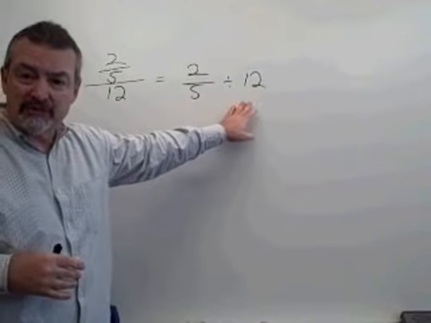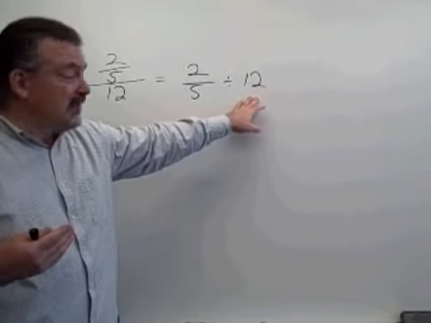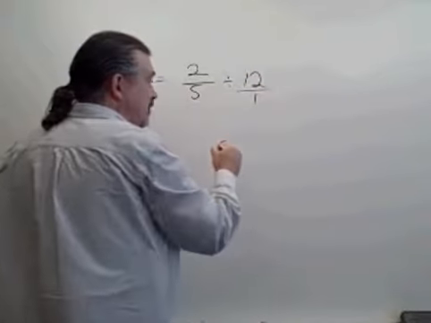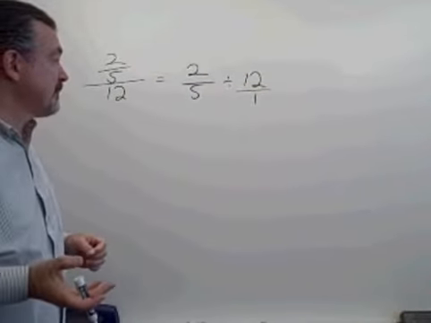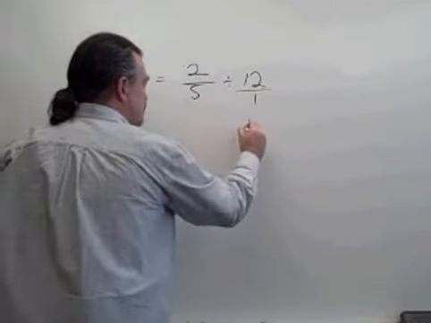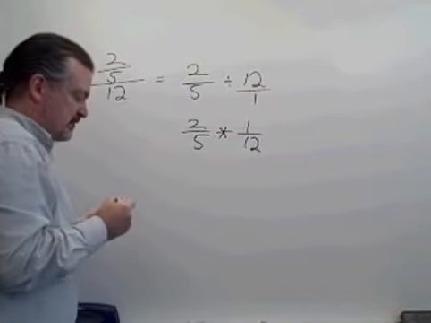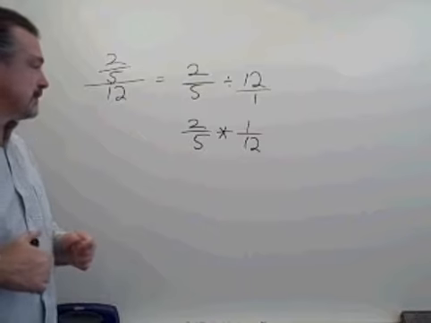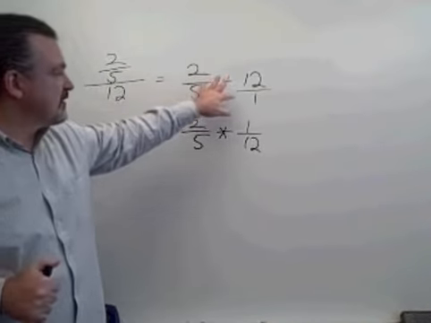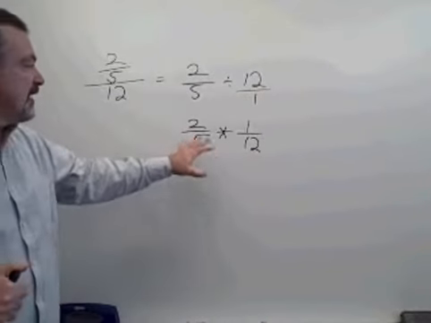Well, remember, when we divide, we take the reciprocal of the divisor. And remember, the whole number 12 can be thought of as 12 over 1. So we take the reciprocal of that divisor, which would be 1/12, and we multiply it times the first fraction. So when it comes to dividing fractions, we take the reciprocal of the second fraction, the divisor, and turn the